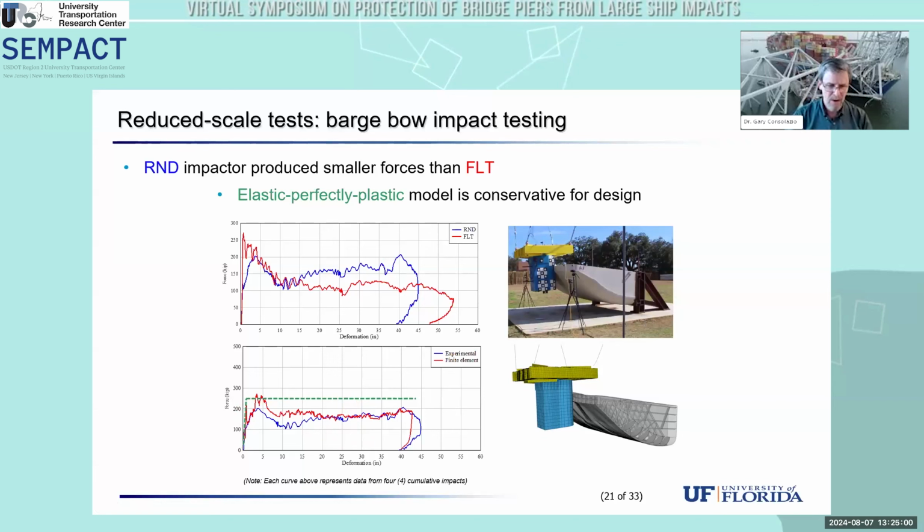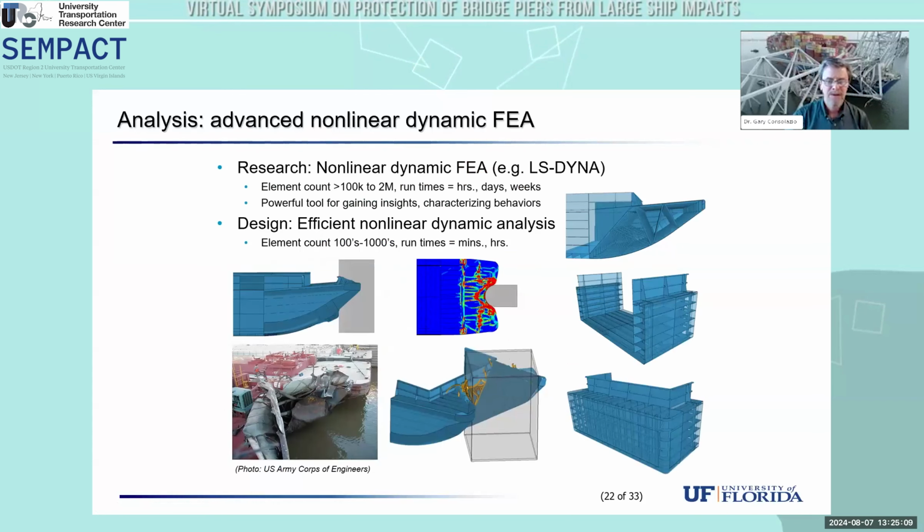So the AASHTO curve, as I pointed out earlier, does have a hardening modulus on it, so we can gain some efficiency by using an elastic, perfectly plastic curve. All right, so advanced FEA of this type, and again, these are all LS-DYNA simulations, is a very powerful tool, and it allows us to gain very important insights into dynamic characteristics and behaviors. However, the model sizes are typically very large, over 100,000 elements, up to maybe a few million elements is very typical. Run times, even with very powerful computers, we're talking hours, days, possibly weeks. And so while they're very powerful tools, they're not necessarily practical for routine use in bridge design.